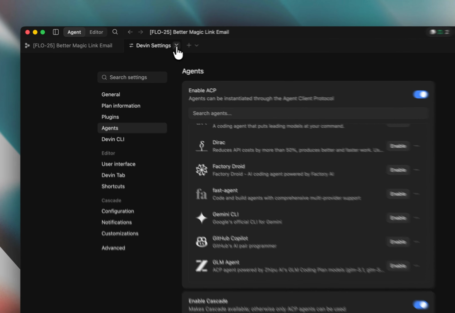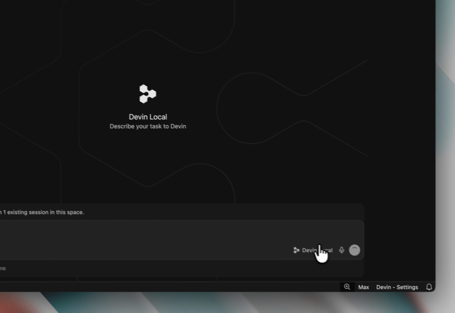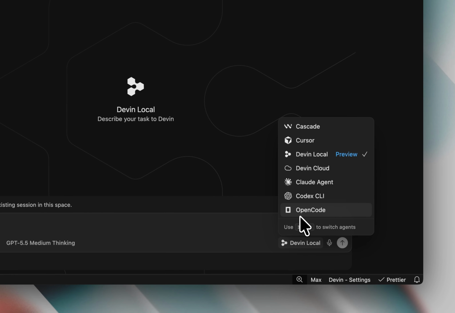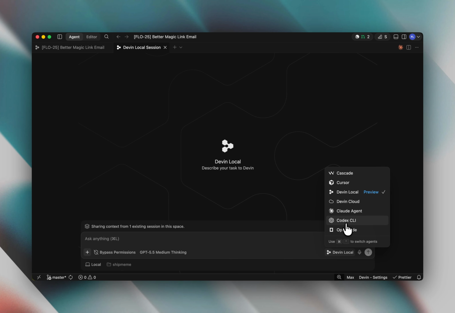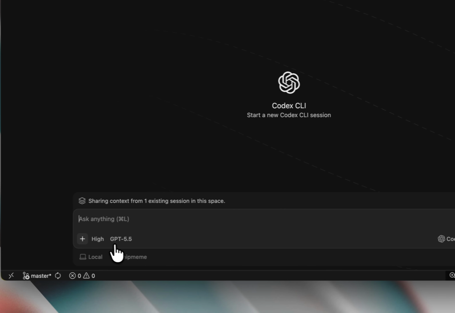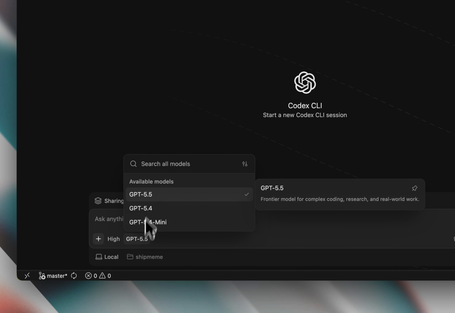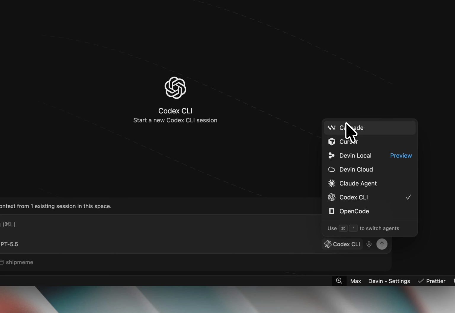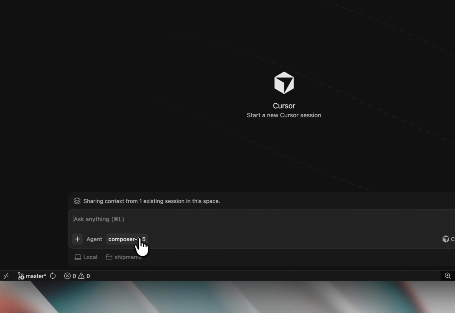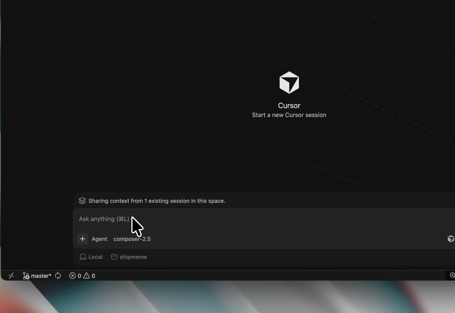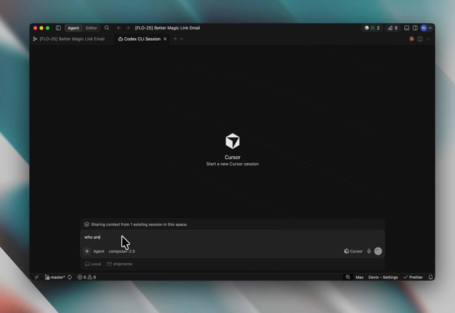And it's pretty cool because if I go here and create another session, you can see here in the drop down, I can go ahead and choose, for example, Codex CLI, and I will see here directly the models available from Codex CLI instead of Devin local. And it's the same for the other ones like Cursor, for example. You'll see that instantly I'll have Composer, and if I press who are you,